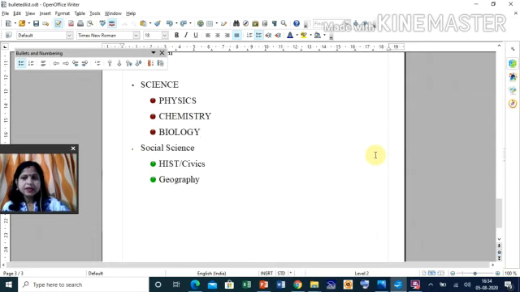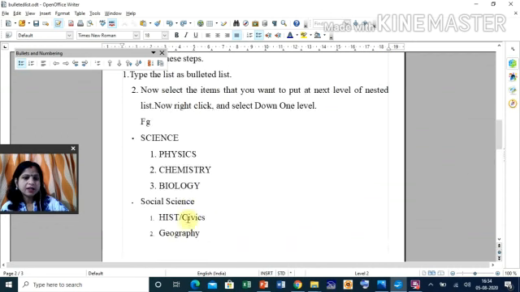Nested list is important when we create one list inside another list. Okay, so for today this much, you all practice. OpenOffice.org is free software, you can download it easily on your laptop or PC and use it. And these three things you practice, other things we will read in the next class.